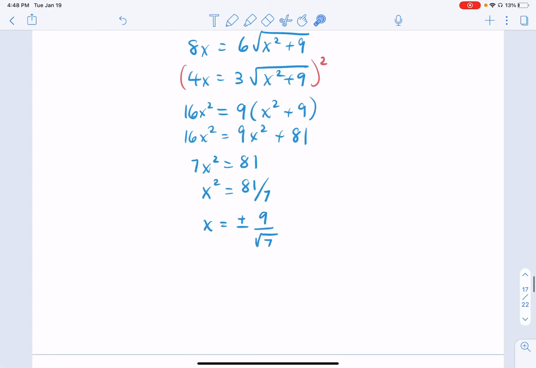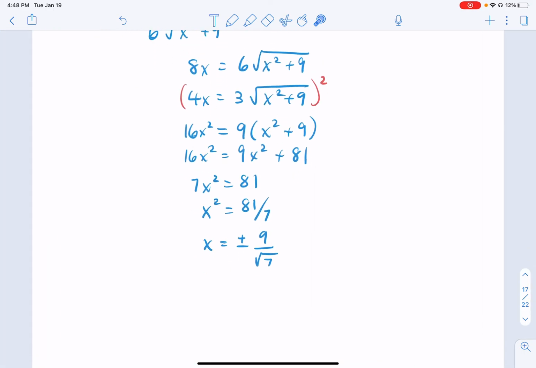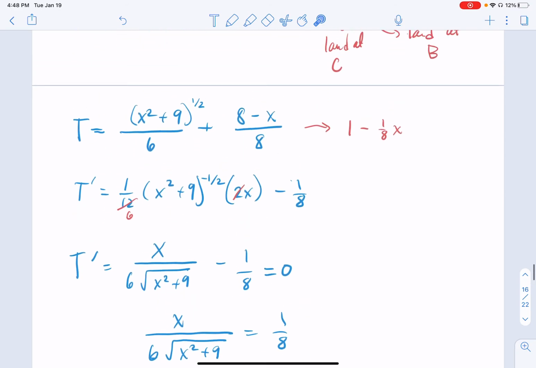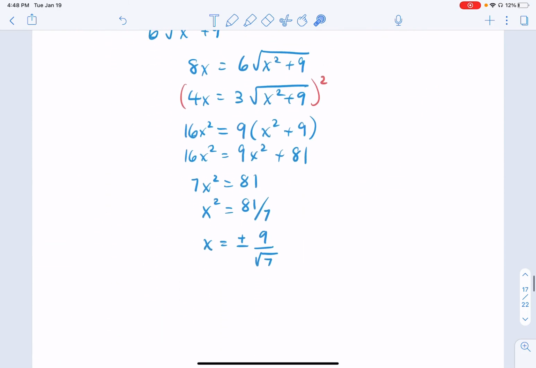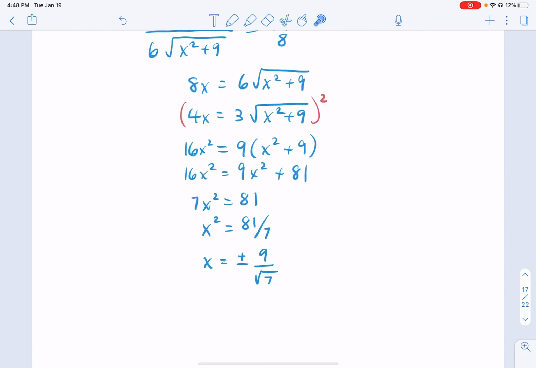I don't even care. Now, even though we have both positive and negative, we can throw out the negative because our domain is only between 0 and 8. And I'm pretty sure that this thing is in between 0 and 8. At least the positive one is. So we're going to say that our critical number, just one of them, is positive 9